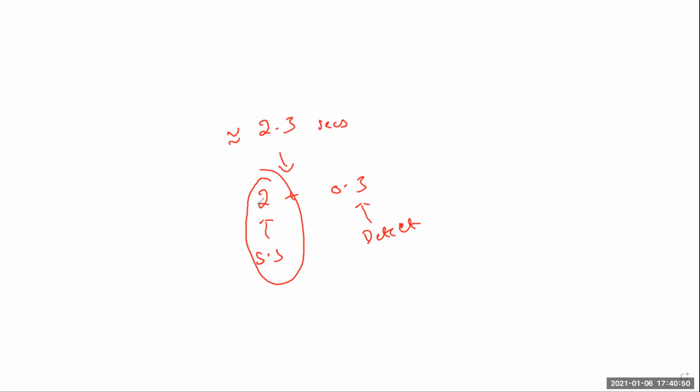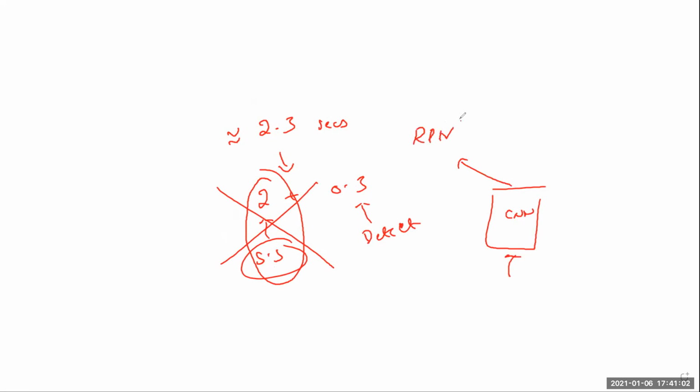But only selective search is taking 2 seconds. So we wanted to get rid of this selective search. So what we did, we said, okay, this is a CNN, you are feeding an image. So there's a branch which is reusing these weights, which is called RPN, region proposal network. This network will propose some boxes, some regions, which you project on the activation map, which you are getting from the